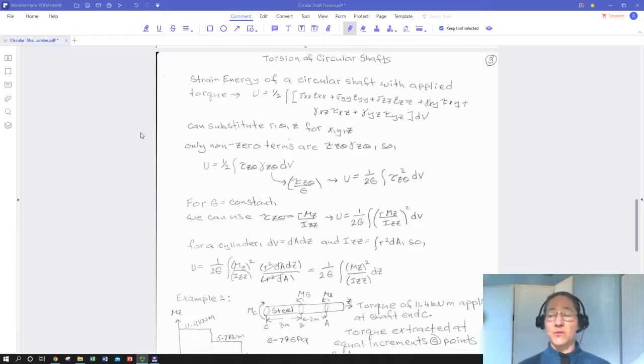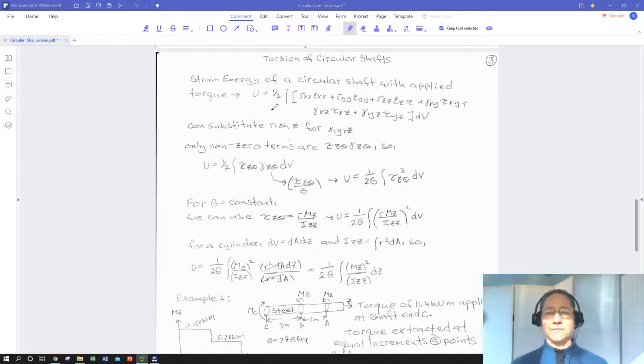That allows us to write super simple expressions relating applied moment, shear stress at maximum and at any point along the radius of the shaft, the moment of inertia of our shaft, polar moment, so moment with respect to the shaft axis, and our shear modulus G. So we're going to take this another step further and look at another one of our elastic characteristics,